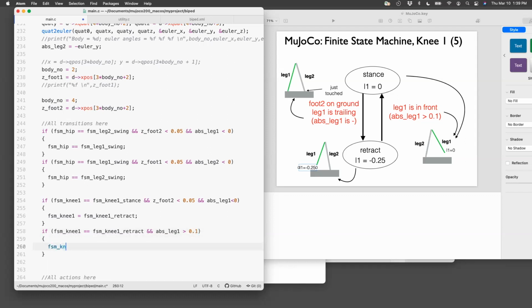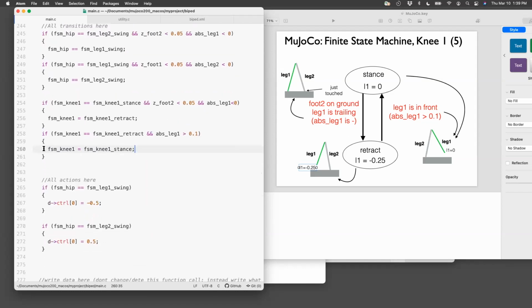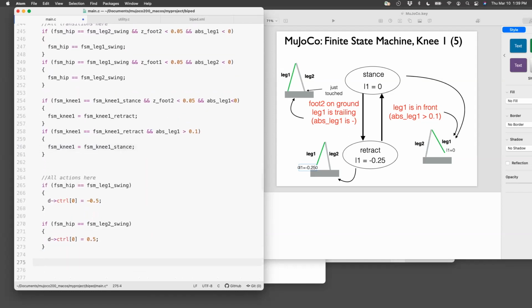So FSM knee 1 equals FSM knee 1 stance. Okay, so it goes back, and that's it. So this is the state machine. Let's do the actions. If FSM knee 1 equals FSM knee 1 stance, so if it's in stance, you need to set L1 equals 0. So what is L1? Let's go to